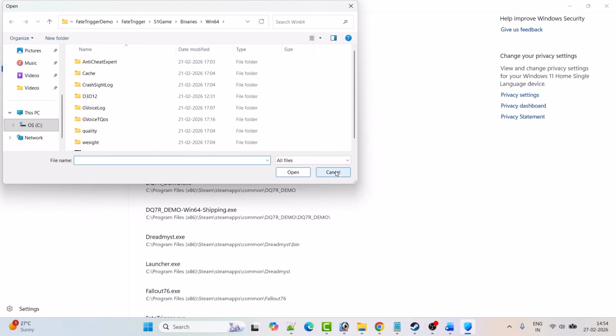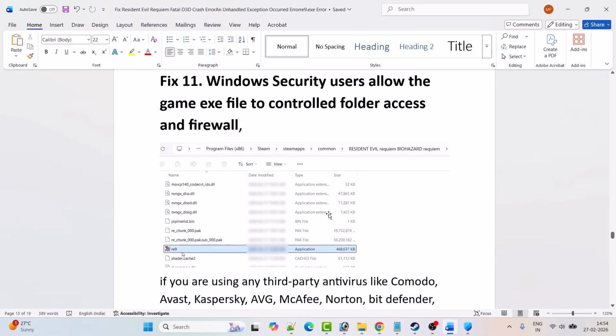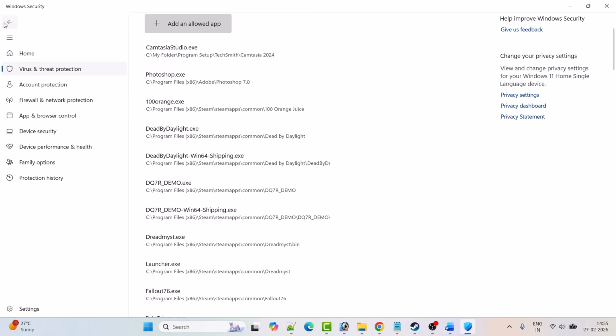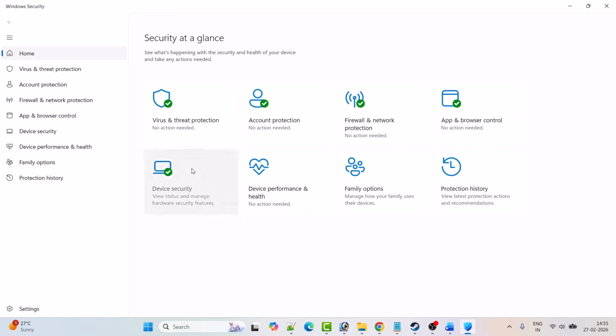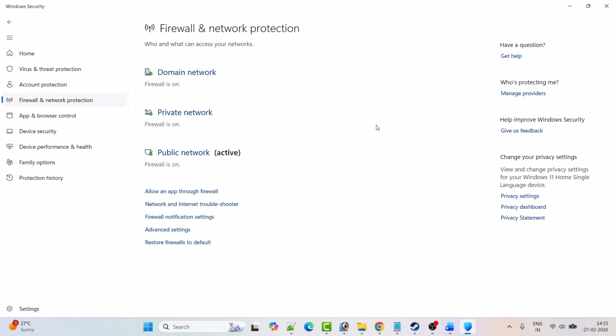And then browse to the game installation folder. So you have to browse program files x86, Steam, Steam apps common, Resident Evil Requiem Biohazard Requiem folder, and then select the re9.exe file and then click open to add it to the list. After adding it, go back, then click on firewall and network protection, then click on allow an app through firewall,